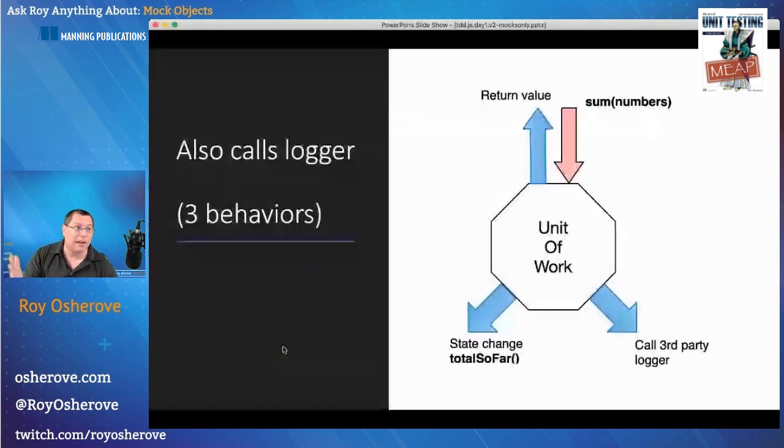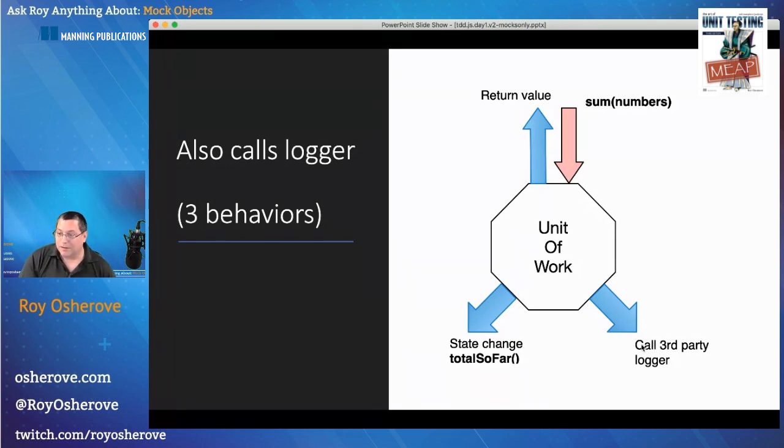But what if we have now something like this? What if I'm saying, okay, whenever you call sum, I want you to return a value, and I want you to change the state of the system so that the totals are updated, but I also want you to log the result. So now the logger can represent for us a third-party dependency. It's a third-party dependency because it's code we didn't write. It's maintained by a team that we don't own. It could be broken and then affect our code, and we won't be able to fix it. So it represents a dependency, something that we can't control from our code and from our tests usually.